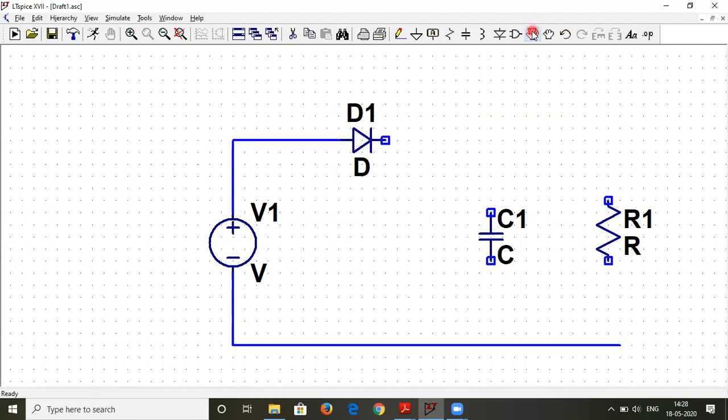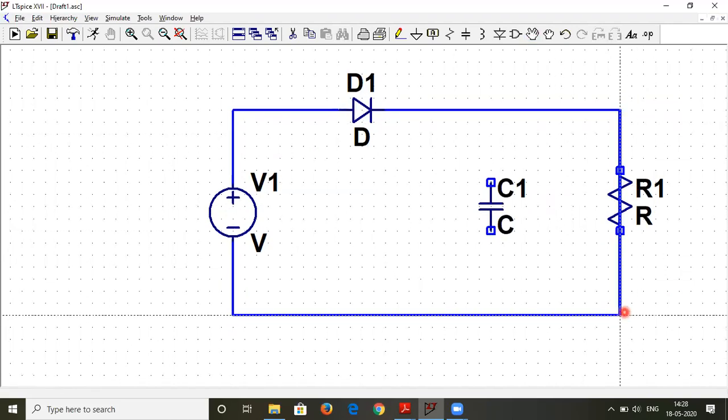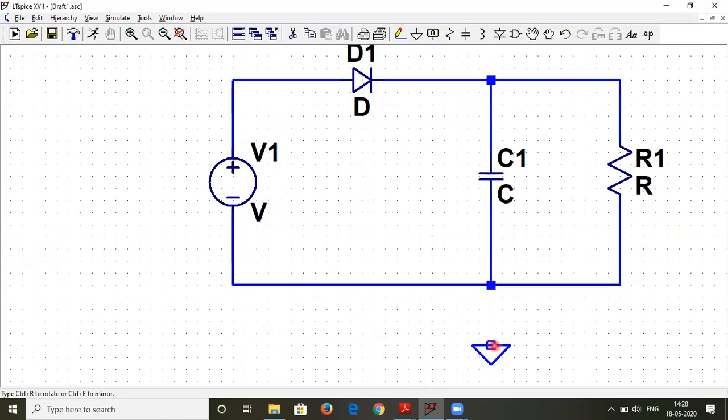So that the process is complete and we are ready to simulate the circuitry. So let us complete this. And don't forget to put the ground in the circuitry. It's really important.